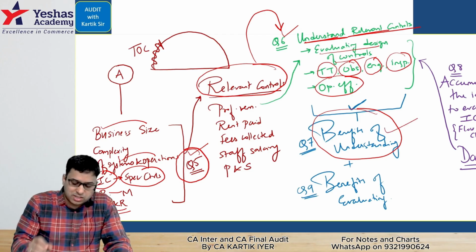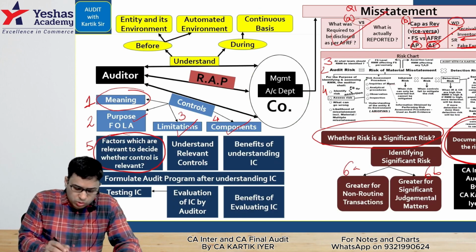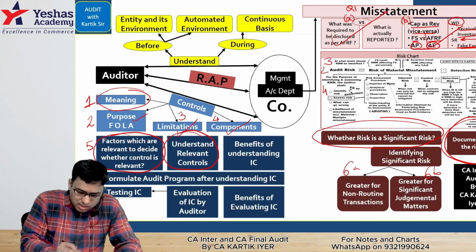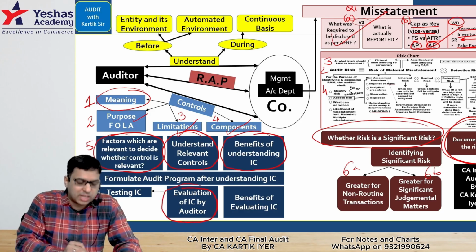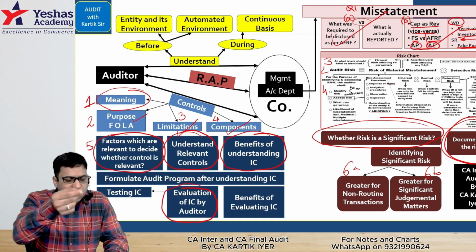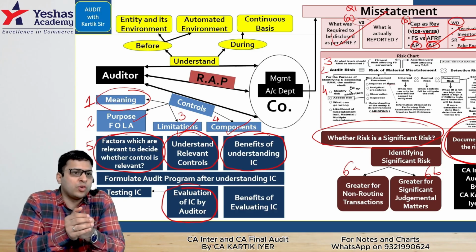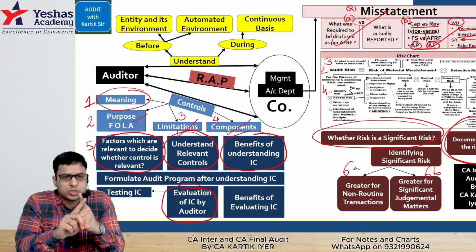Next, we enter into the next part. Sir, now how will we get the data to check the controls? So we have done question number 6, and the benefits of understanding, question number 7. We enter question number 8, evaluation of internal controls by the auditor. For internal controls checking, I need the data to come to me. How will I gather the data? By doing flow chart,